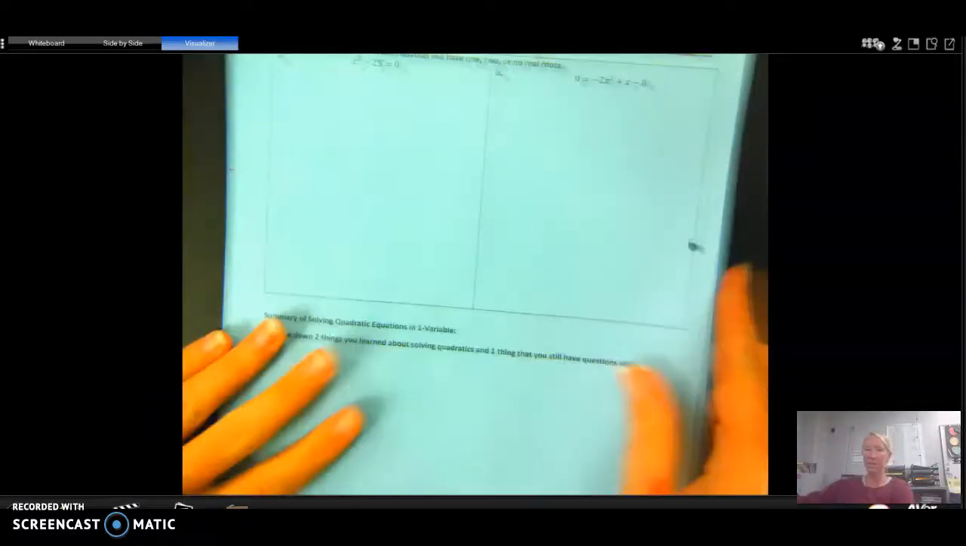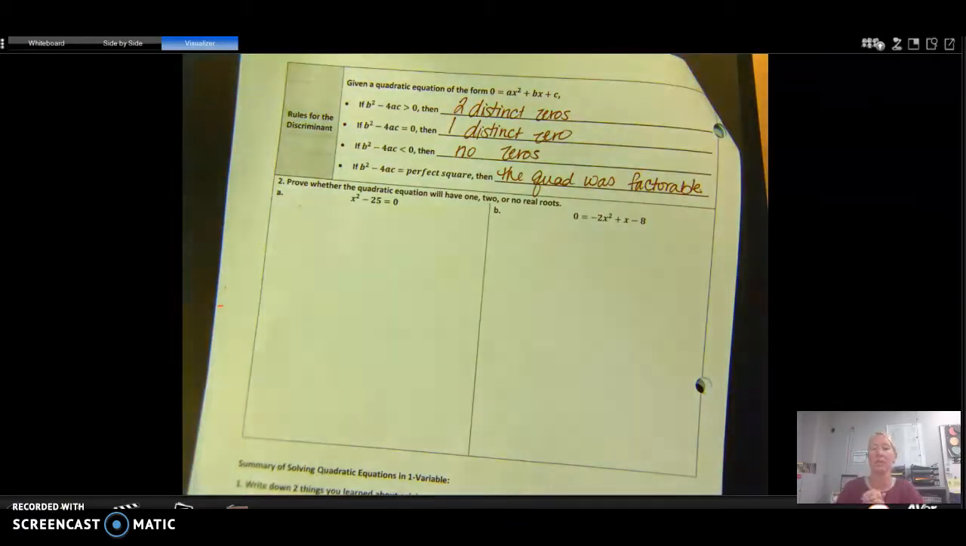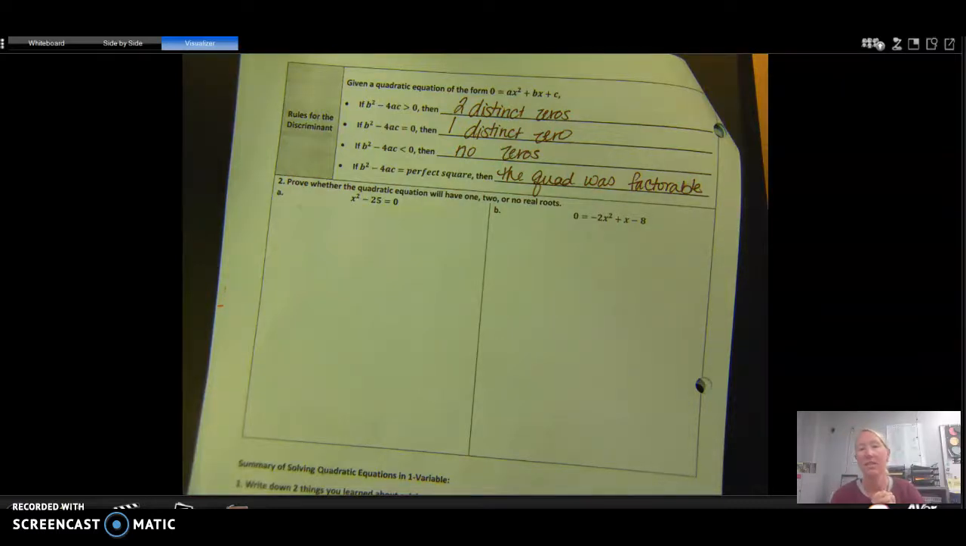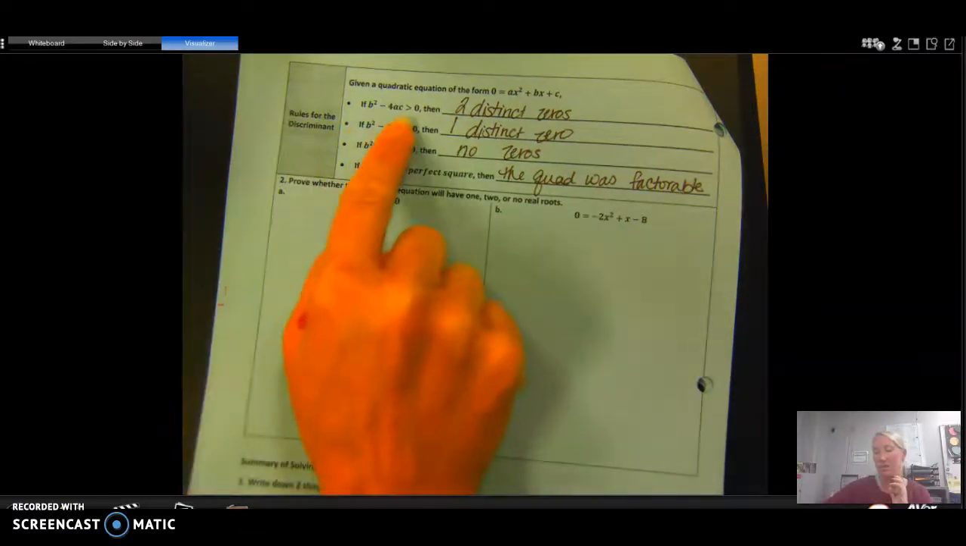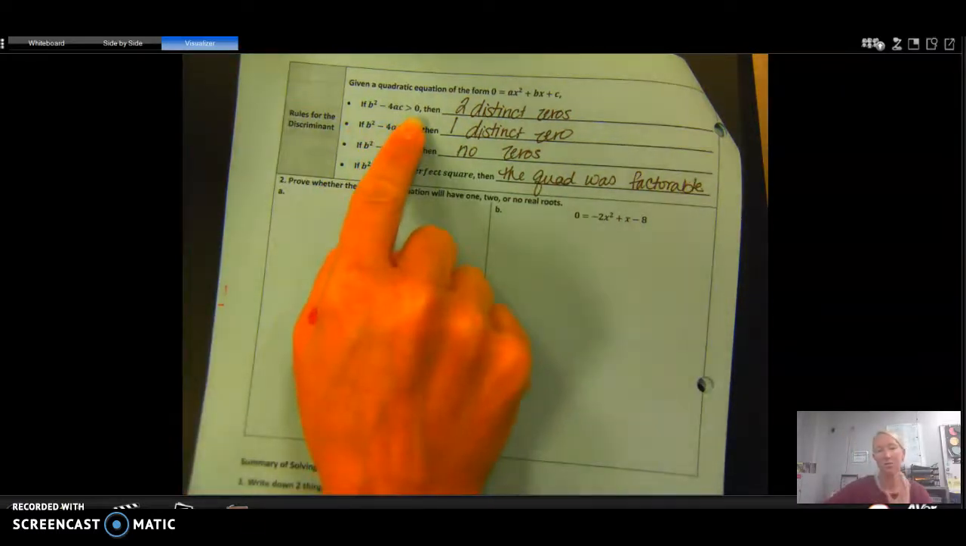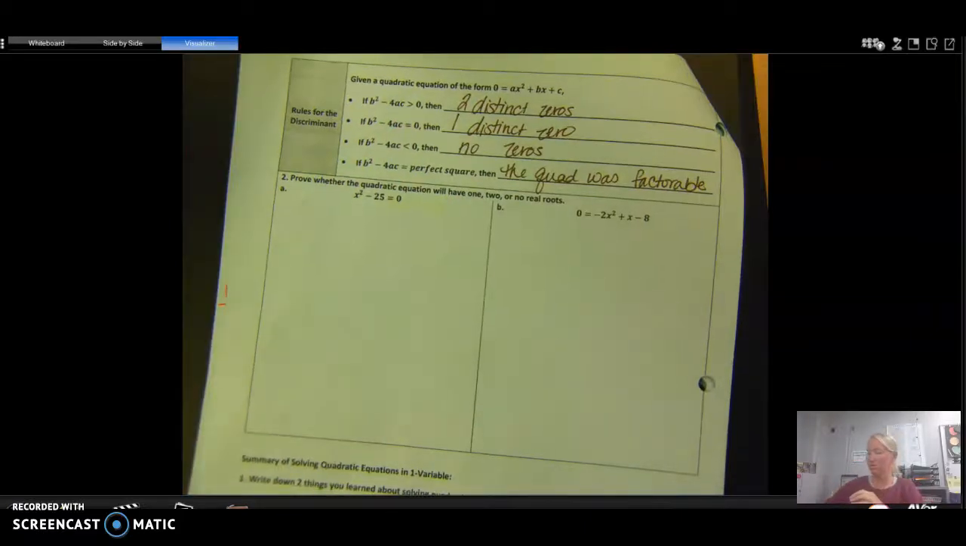At the top, we're talking about the discriminant. I briefly talked about that on the previous page. Remember, the discriminant is the part under the square root, so the b squared minus 4ac. So if I figure out that b squared minus 4ac is bigger than 0, so just that part under the square root. So for instance, if I